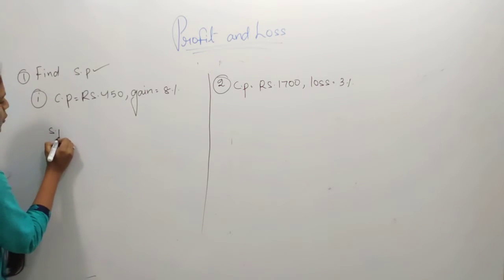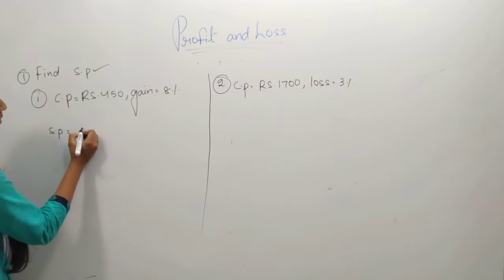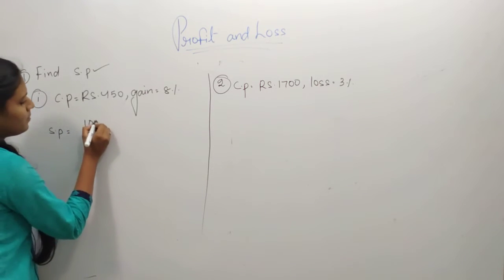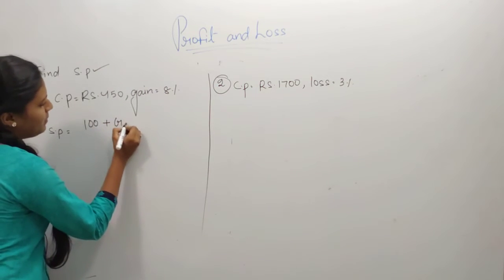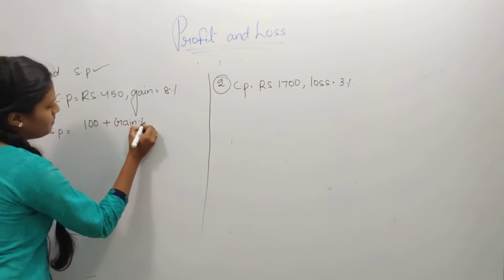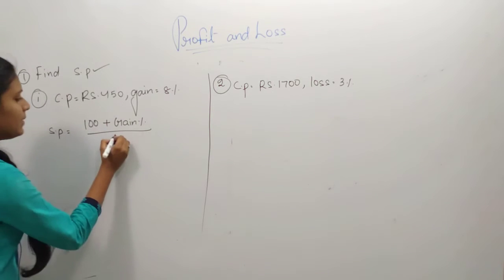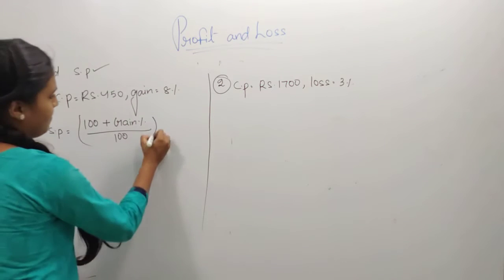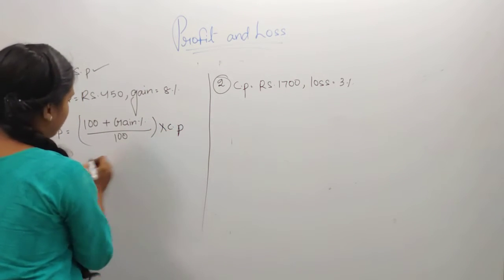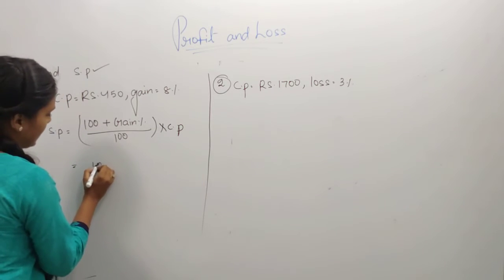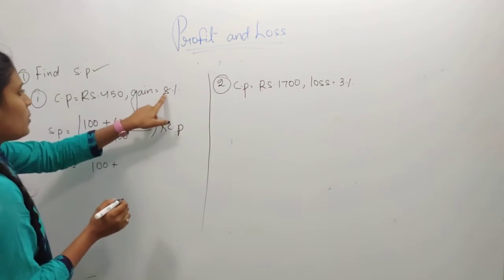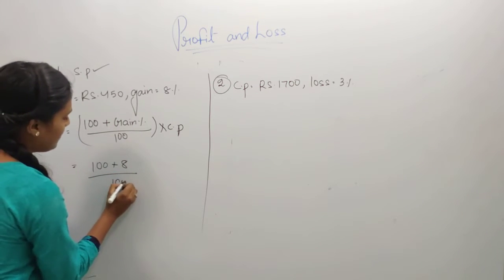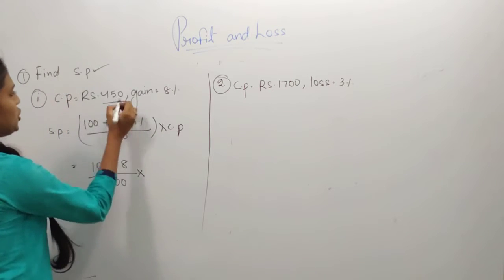SP is equal to, what's the formula, (100 plus gain percent) by 100 into CP, into cost price. See, 100 by 100 we will write here. Next, gain percent, how much is given, 8% by 100 into cost price, what is given in the question, rupees